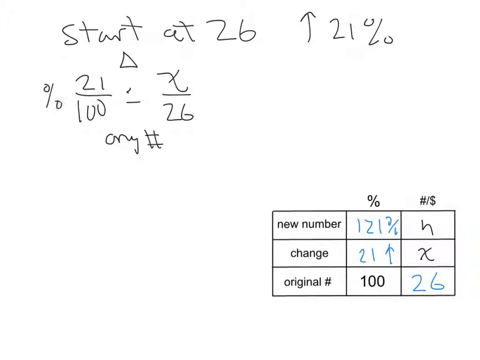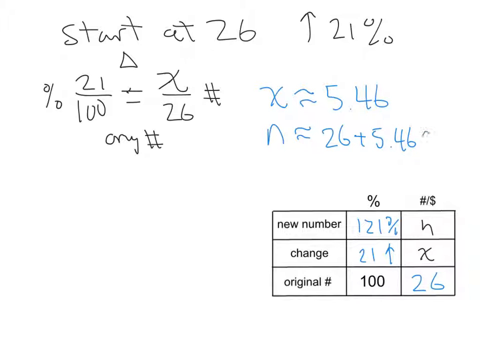This is the percent side, this is the number side, and that means that we're considering finding the change, so x will be the change. If we solve this proportion, we should get that x is approximately 5.46. What that means is we will be going up 5.46 from 26, which means that n is therefore 26 plus 5.46, which gives us approximately